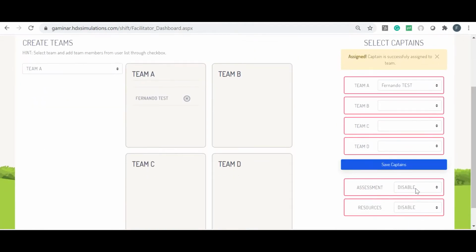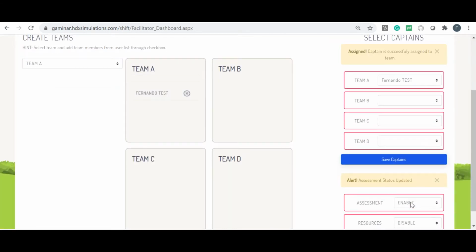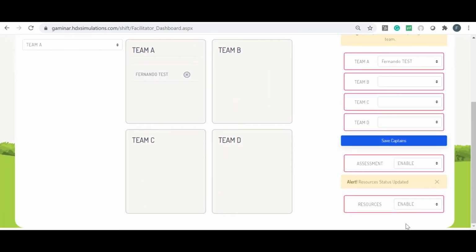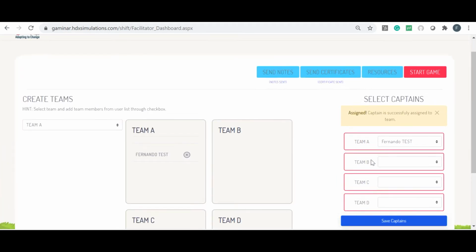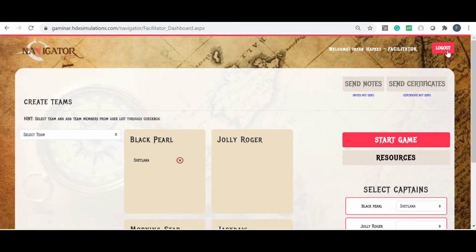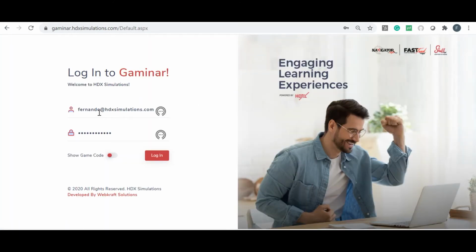First thing that is different is here, the assessment. So you can actually enable or disable this. So just change this. Assessment now is enabled, and participant manual is also enabled now. You can disable anytime you want. Then you have some new things here, but I will explain that to you later. Okay, now I'll start the game and I'll show you whatever else I need to show you on the